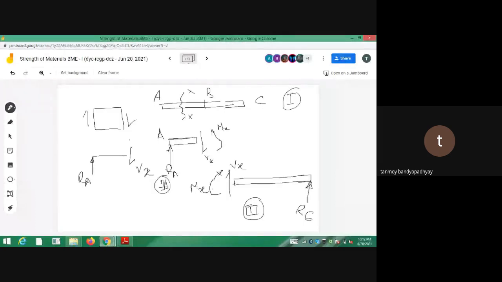You can do the same problem starting from the left side, or starting from the right side, but you have to keep in mind that whenever you cut, I am cutting the beam into two parts. On this part, whatever shear force and bending moments are acting must be cancelled by the SF and BM acting at this point. So if I have AX and XC, at the point X you have to consider the shear and moments such that they actually cancel each other out.